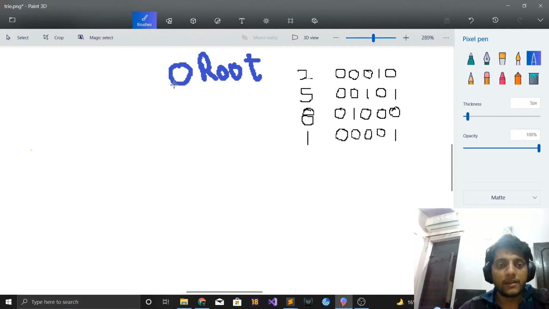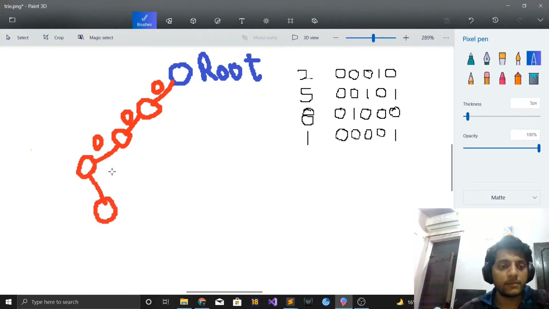So this root, when we try to insert 2, so first bit is 0. So since this root does not have any children, we'll create one child, that is bit 0, and we'll insert this node. Now second bit is 0. So we will again create one child of this node, and this is bit 0. Again third bit is 0, one child of this node, and this bit is 0, and fourth bit is 1, so this is fourth bit 1. Okay, and fifth bit is 0, so we'll create one child of this node, bit 0. Okay, so inserting first number was easy.